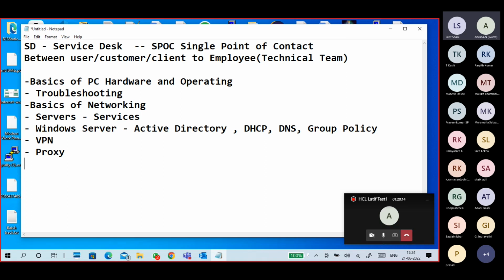These are direct questions only. What is VPN, what is proxy, how does it work, what is the use of it, what is a firewall, what is the use of a firewall? General things. I need not teach anything, so you can answer directly. Basics of storage: what is basic storage? And a very important topic is